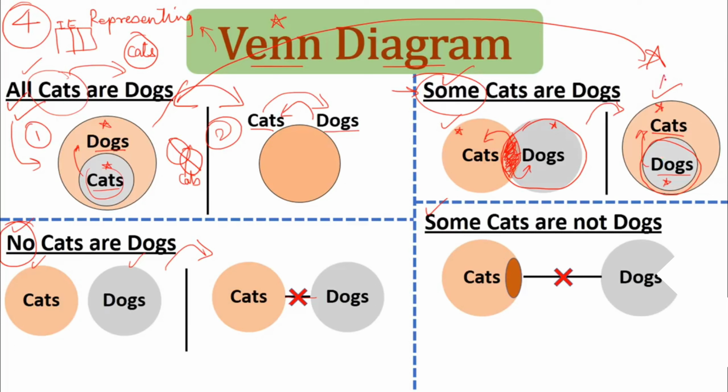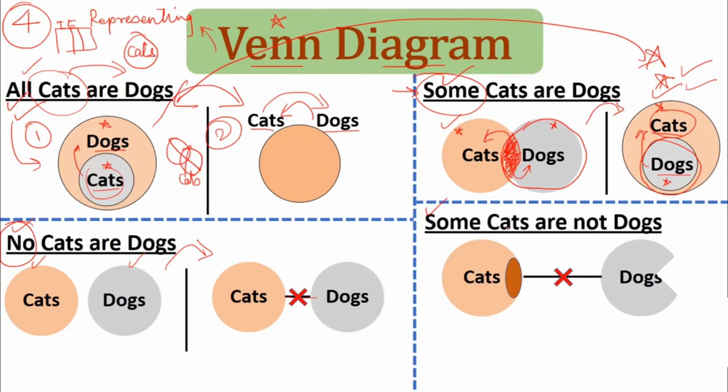So this diagram can be read in two ways. The first way is all dogs are cats. Very easy, all dogs are cats. And the second way is some cats: out of the entire cat community, some cats are dogs. So remember this difference. It is very easy. Once you practice, you will be able to decipher this and draw it in the exam very easily. Only practice is needed. We are going to see some sums which will make it more and more clear.